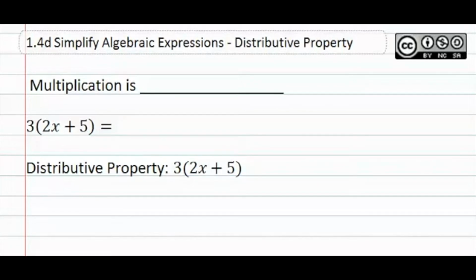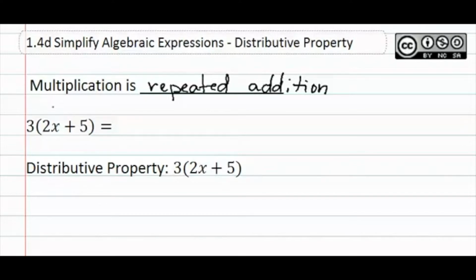Simplify algebraic expressions. Distributive property. Multiplication is repeated addition, just like we learned with exponents that was repeated multiplication. It is a shortened version of doing a more simple